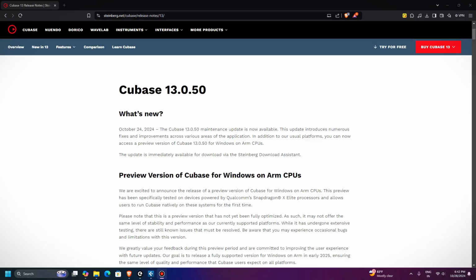Today we are going to talk about the latest update coming to Cubase version 13.0.50, which was recently released on